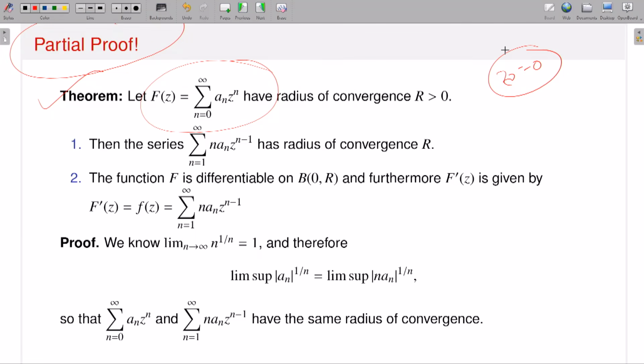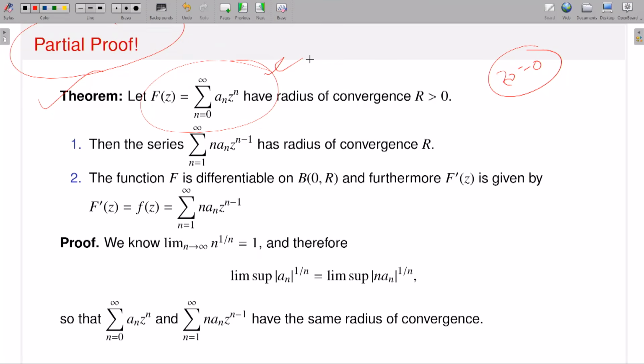So that means instead of considering the power series around the point z naught, without loss of generality, I am assuming that I am considering a power series with z naught equal to 0. So this is my power series f of z. For simplicity of the calculations, I am doing it. Even if you start with z naught non-zero, the same proof will work.